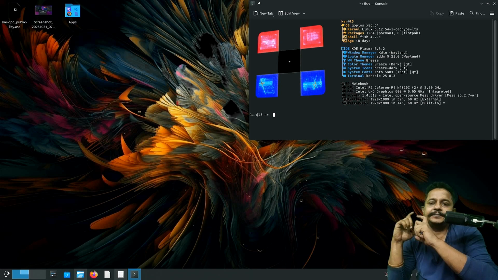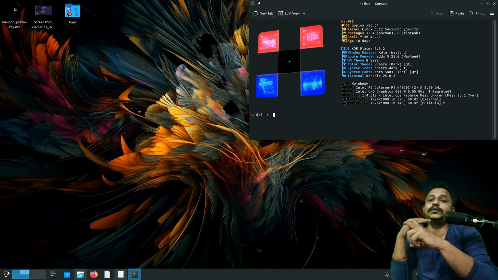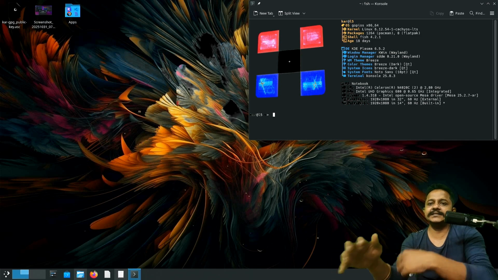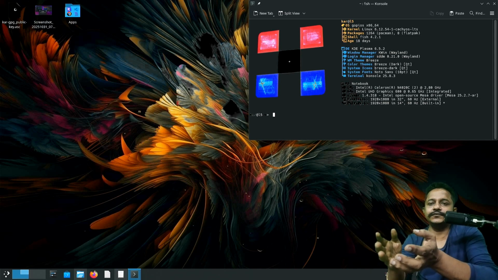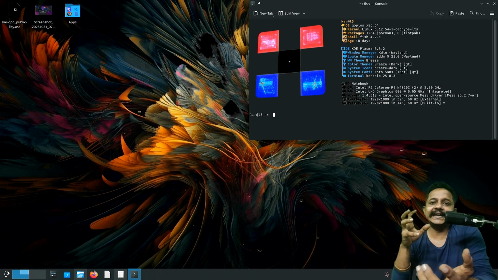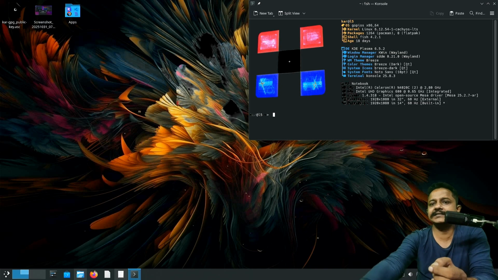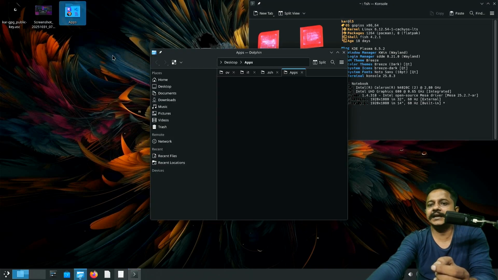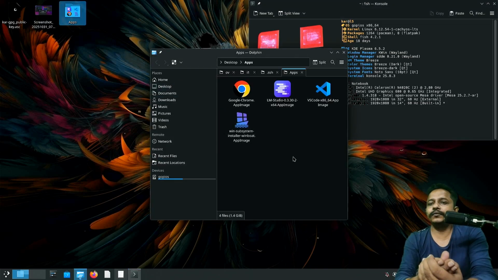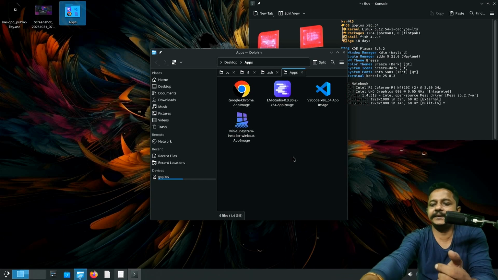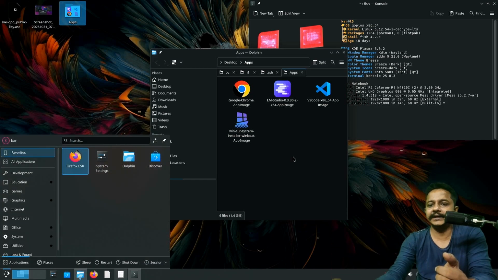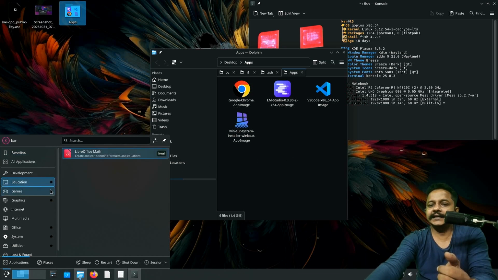GOPI OS is a piece of software that sits between your hardware and the tools and software you use. That means there are several tools and software you will use, and those will take advantage of the GOPI operating system. Let's see. I see there is an app folder and 4 applications are there. And if I press the menu key on my laptop, I see there are a lot of applications also in